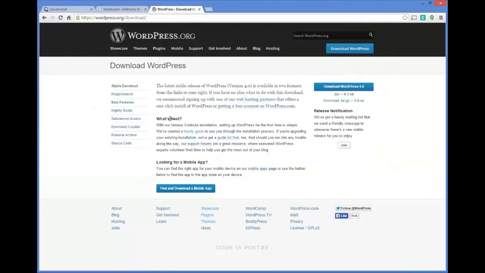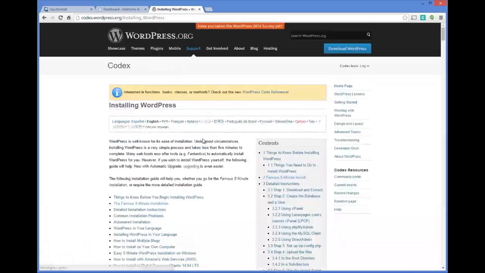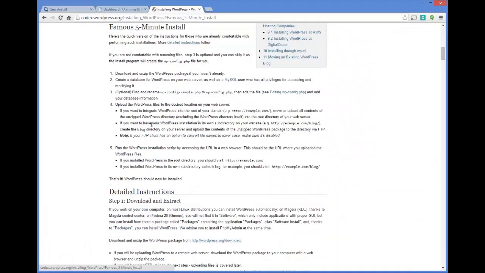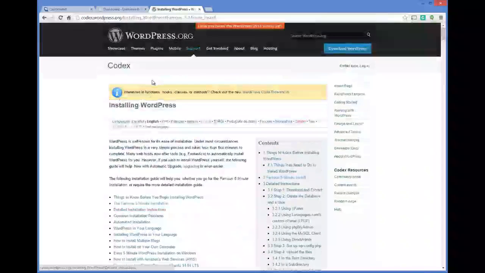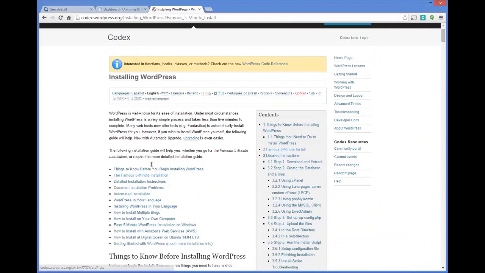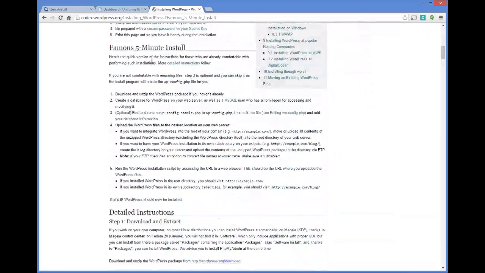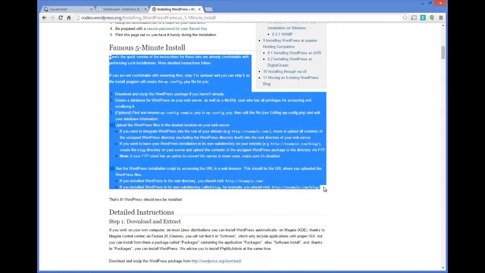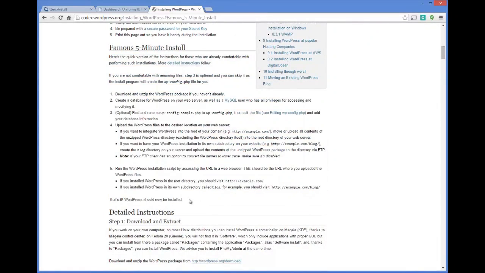And then you can follow where it says What's Next. After you download it, follow here where it says What's Next, and they've created a handy guide for you, as they call it. And you are going to look for the famous 5-minute installation. I found that under the guide of installing WordPress. I just looked at the second option here, or you could scroll on down to where it says famous 5-minute install, and they actually have it all listed out, the detailed instructions on how to install WordPress by yourself,